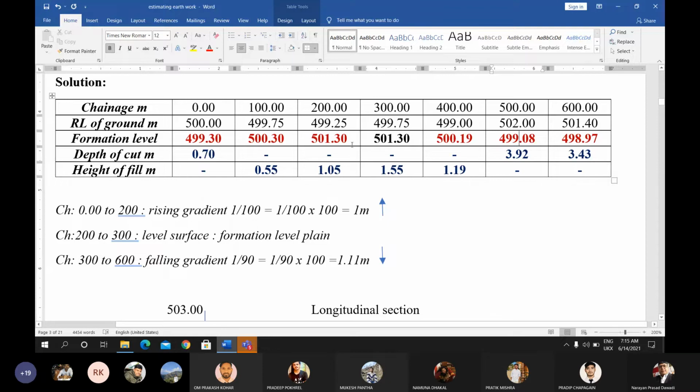After knowing the formation level of the 200 meter, deduct 1 meter from this value, you get the value of 500.30 meter. And from 500.30 meter, again deduct 1 meter, you get the value of 499.30 meter. In this way, you can calculate the formation levels of the